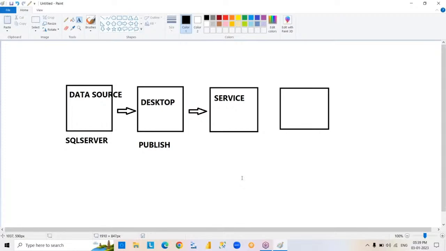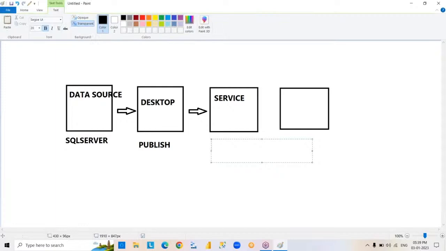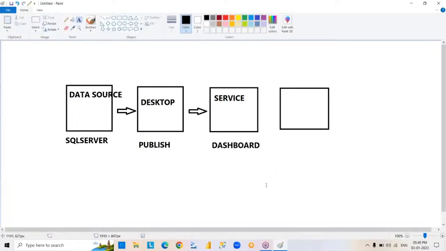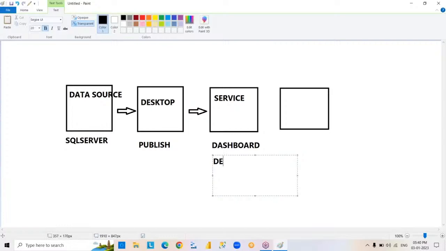In the same way, dashboard creation is also really important. In most projects, we are going to create dashboards. Dashboards we can do in Power BI service only. Here, sometimes we are going to create